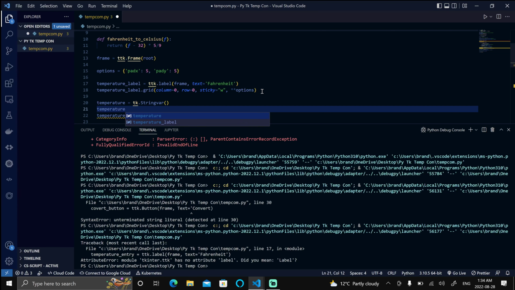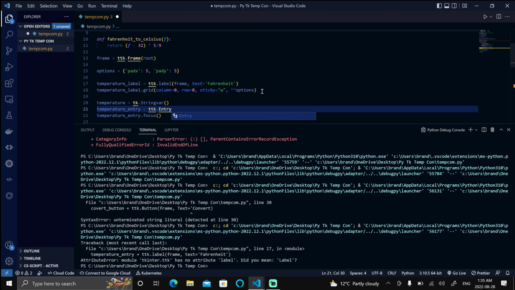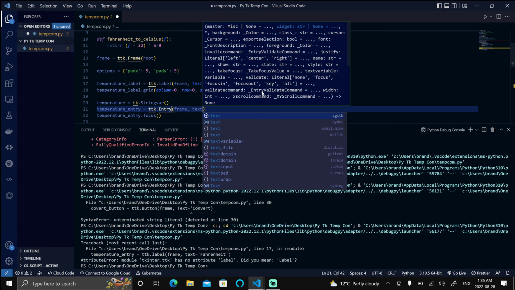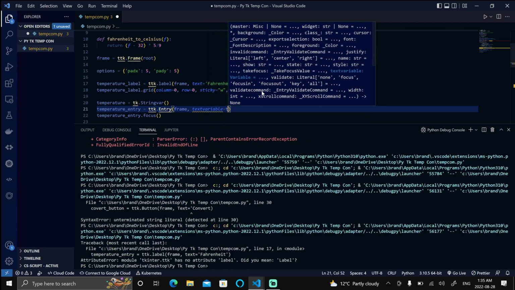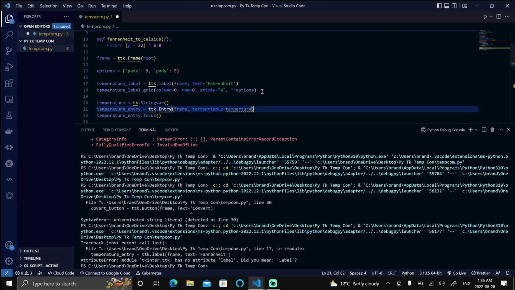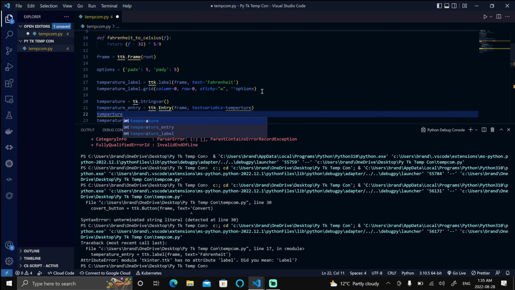Temperature underscore entry equals ttk dot entry, and we'll add our frame for that and have that as a text variable equal to temperature. It's already in the bracket, so enter there, and temperature underscore entry dot grid bracket